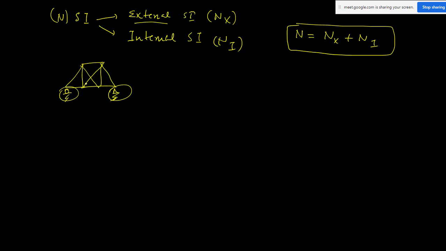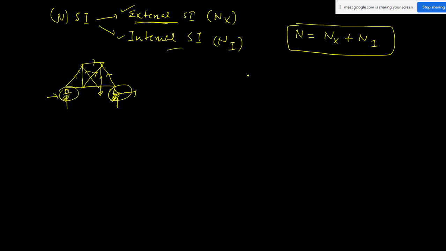If you take a truss structure and apply some load, there will be member forces and reactions at the supports. All of these are unknowns, including the support reactions and member forces, some tensile and some compressive. While talking about external static indeterminacy, we will not go to the member level. We see only the support condition and, based on it, find how many unknowns and how many equations we have, taking the structure as a whole. Internal means we go to the member level: how many internal member forces are unknown. Then we can find the internal static indeterminacy.